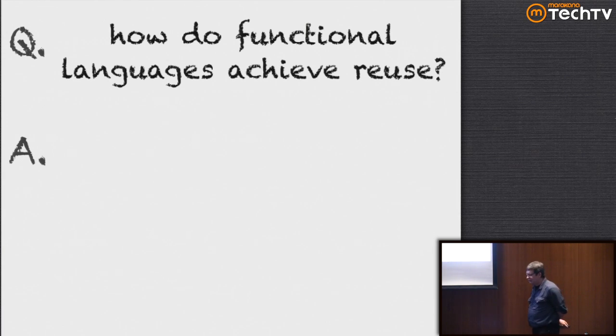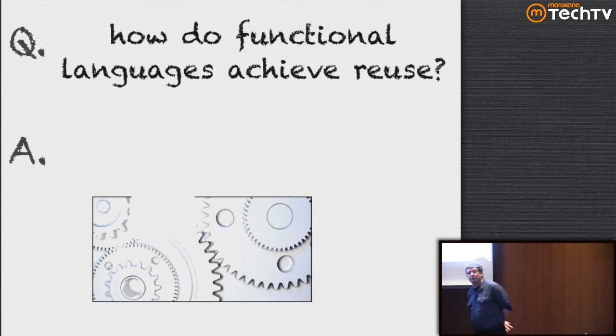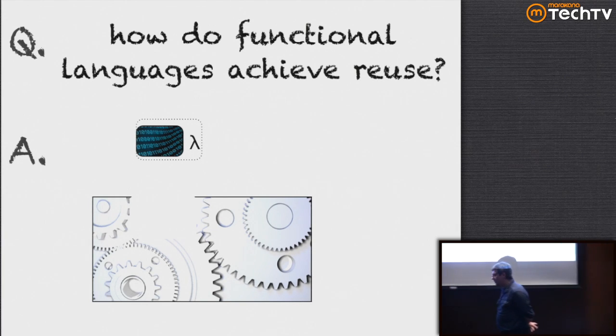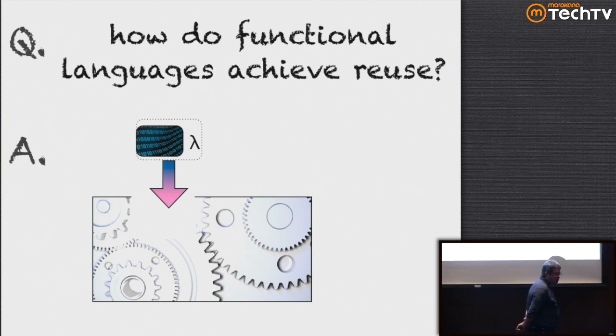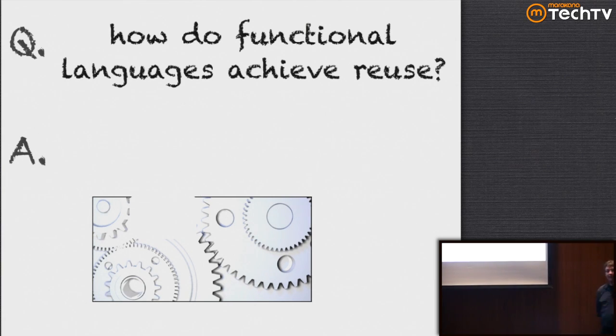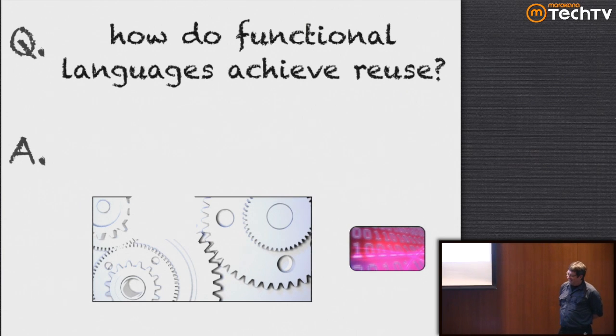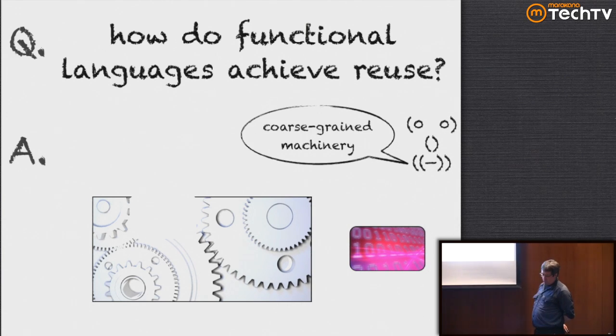What functional languages have done is taken a few data structures. Remember I said that functional languages prefer a small number of data structures and a lot of operations on them. They build machinery that understands those few core data structures. What you're expected to do is take data plus customization in the form of a higher order function and pass it into this machinery and have it work on that and do transformations for you. This is an example of what I call coarse-grained machinery to get stuff done.